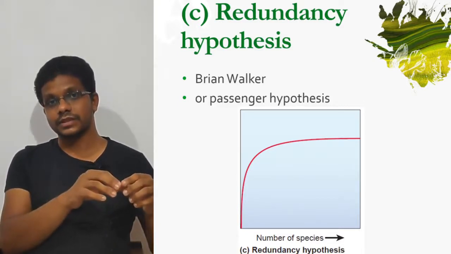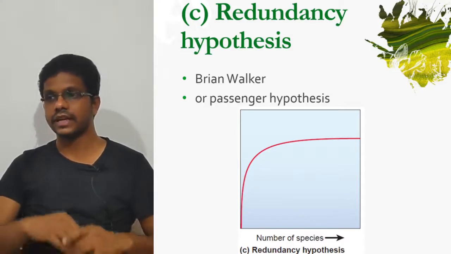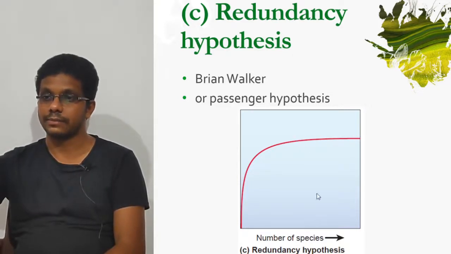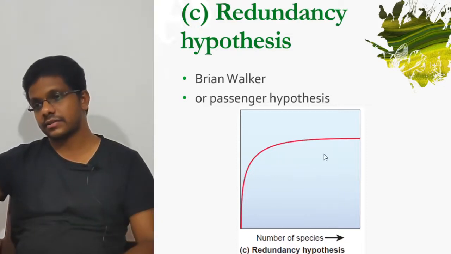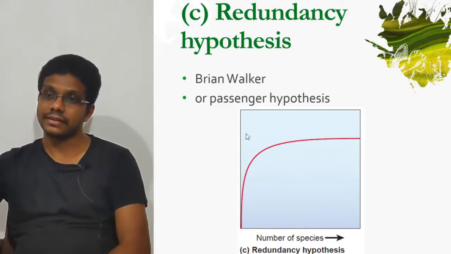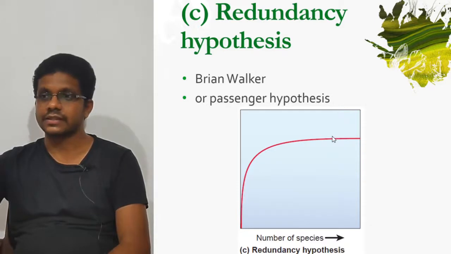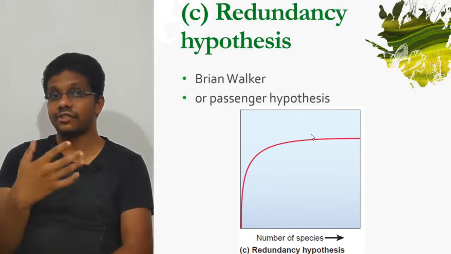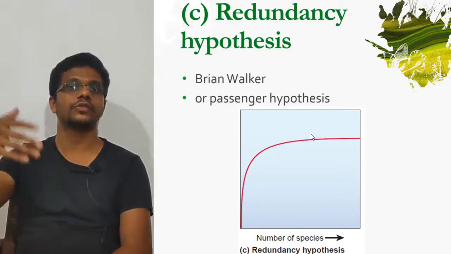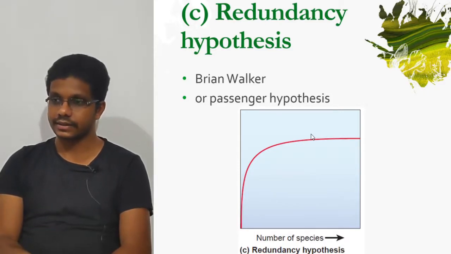But if you remove some critical species like keystone species, those are the pilots of the aeroplane, that is going to affect the functioning of the ecosystem. Okay, and this graph represents the redundancy hypothesis. It says that there is a strong saturating relationship between the number of species and ecosystem function, and in this place the species diversity is reducing this way, but the ecosystem function and health is at the same level. That means that these ecosystem functions are compensated. The loss of one species is compensated by the existing species, and this compensation is at the functional level, like the functions carried out by the species. Maybe for the prevention of soil erosion, if you lost a few species of tree, some other species will take up that role. So they are functionally redundant,